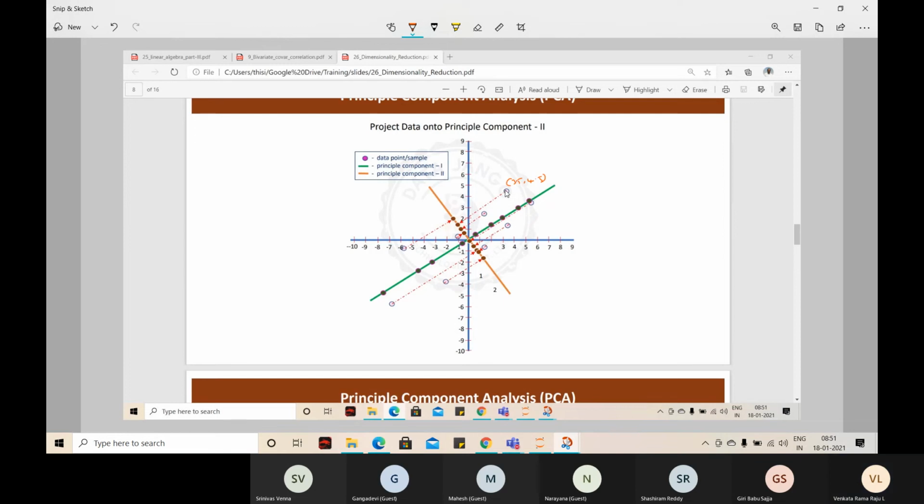When you projected this data point onto the second principal component, what did it become? The data point is like 1 minus 1, comma 1.5. When I took the data point and projected it onto the x-axis, sorry, the first principal component, PC1 I will say,